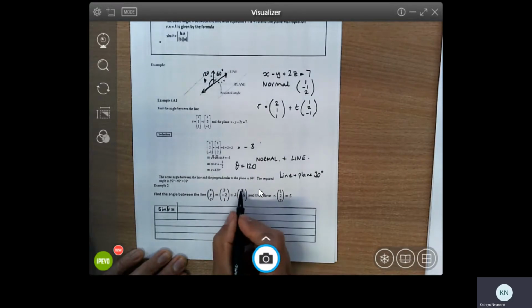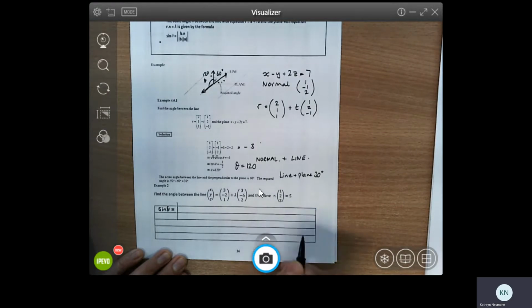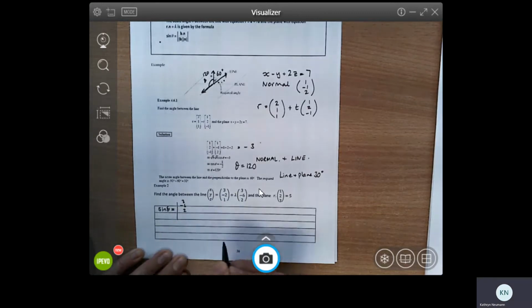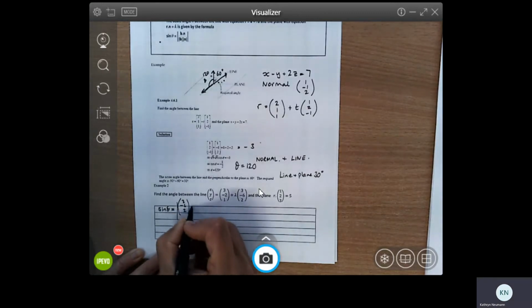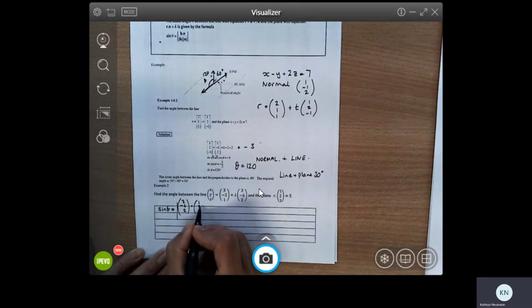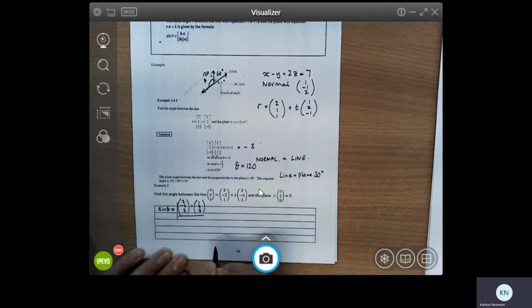So remember that b is the direction vector of the line and n is the normal of the plane. So we're going to have (3, -6, 2). Write it as a big bracket so you can see what's going on. Dot (1, 2, 3), all divided by